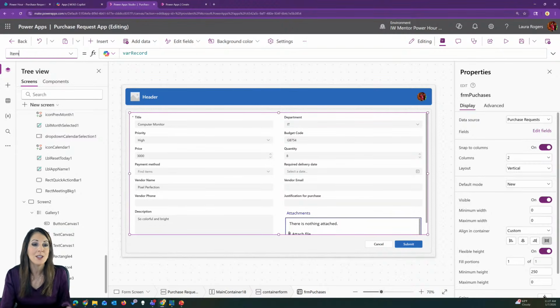Okay, so I kind of went into the weeds with that one, got a little deep, but that's a really good fundamental set of instructions for you to be able to just have any form in your app, have any gallery take you to that form and show the right item. So you just follow those steps. All right, so your gallery is your best friend. Again, galleries are more time consuming to build and to set up, but they have much more functionality than the